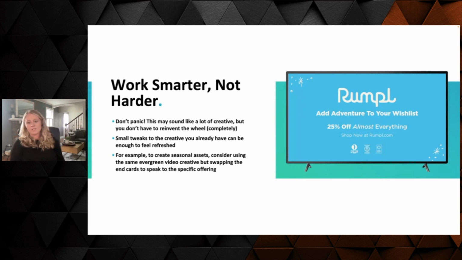So what we actually see a lot of the time is that brands aren't actually going out and developing net new video creative for seasonal campaigns. Advertisers will actually take their evergreen assets and make some small variations to those that just make them more relatable to the seasonal moment. So for example, and what you see here on screen, our client Rumple is an advertiser